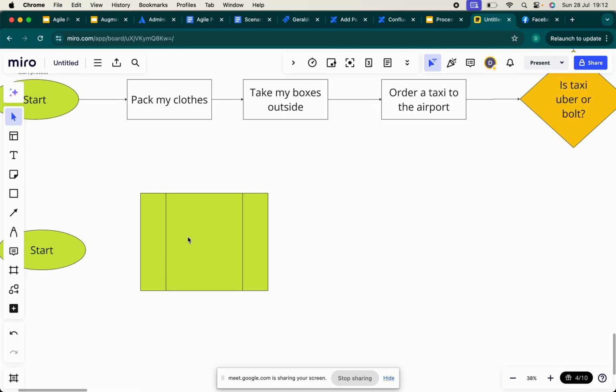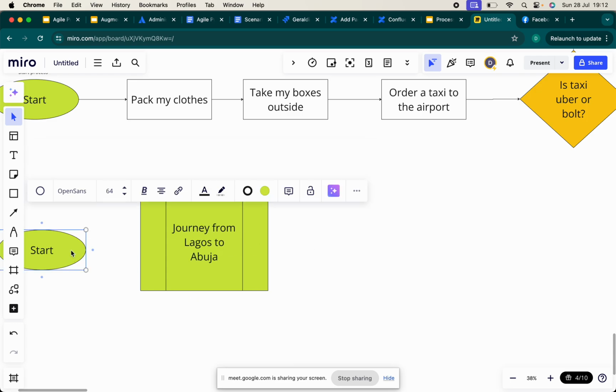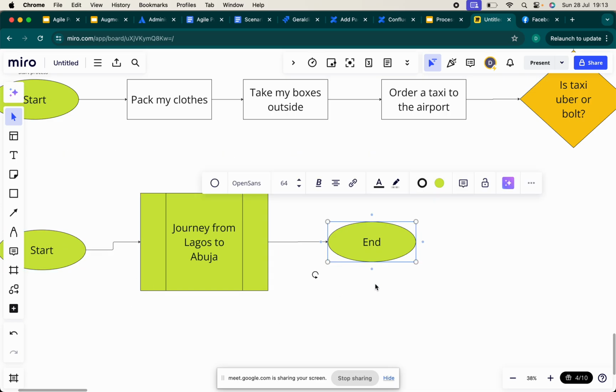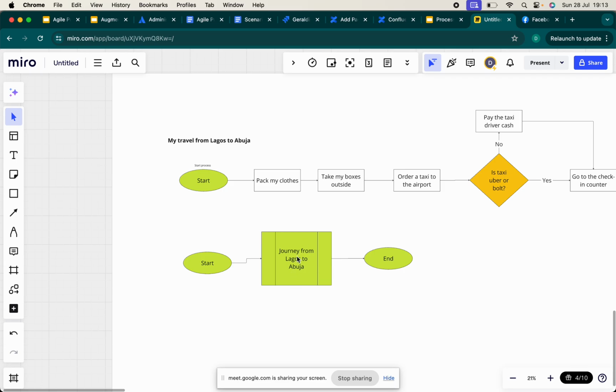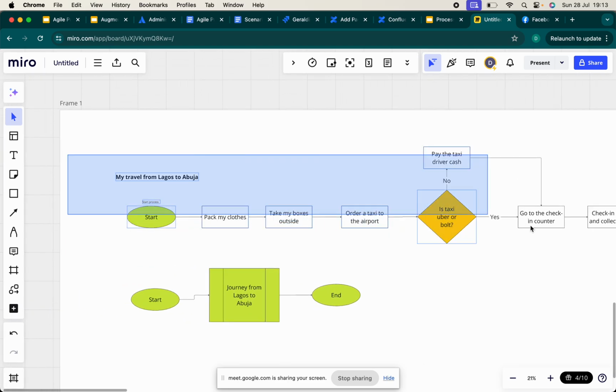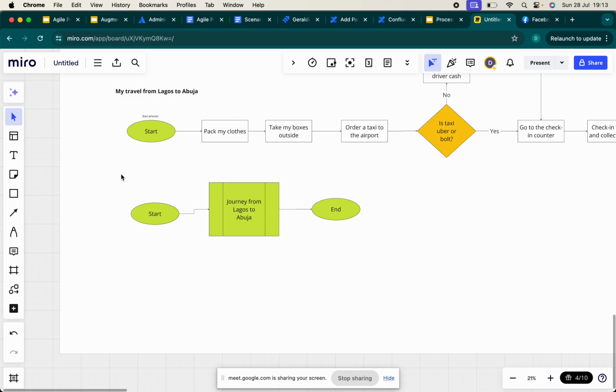But as I said, this shape here means a sub process. So here I can say journey from Lagos to Abuja. And so you can see that's what this shape means. This here is the same as this. The first one captures every single step, whereas this one doesn't. It just tells me, okay, well,